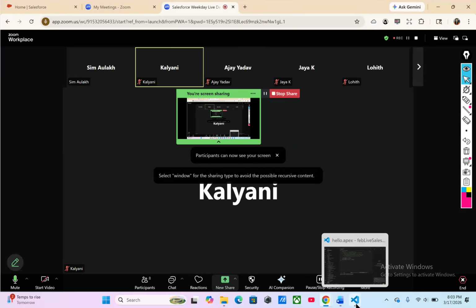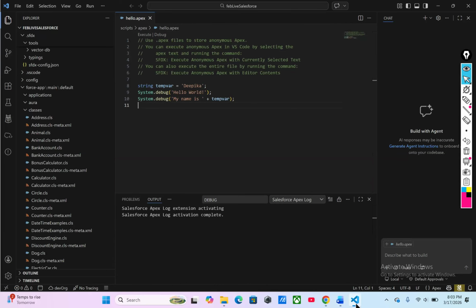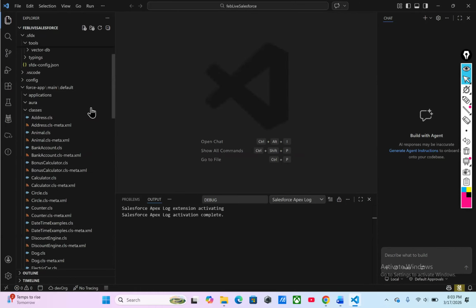Okay, I'm assuming you all have Visual Studio Code installed. Is anybody having any issues with Visual Studio Code? If yes, then we will take it towards the end of the session. So I have installed Visual Studio Code, and before we get started with all the examples for today, I just